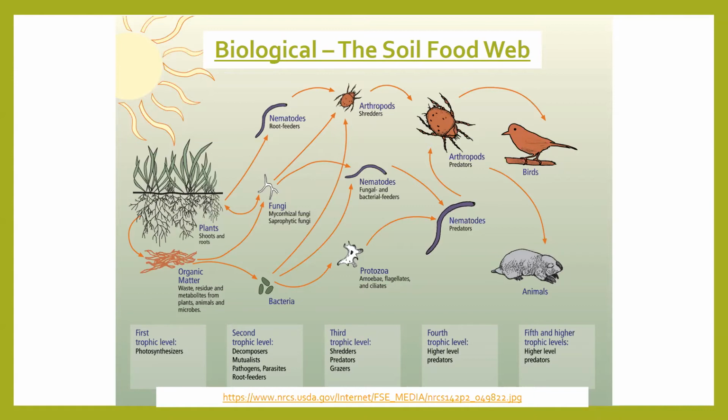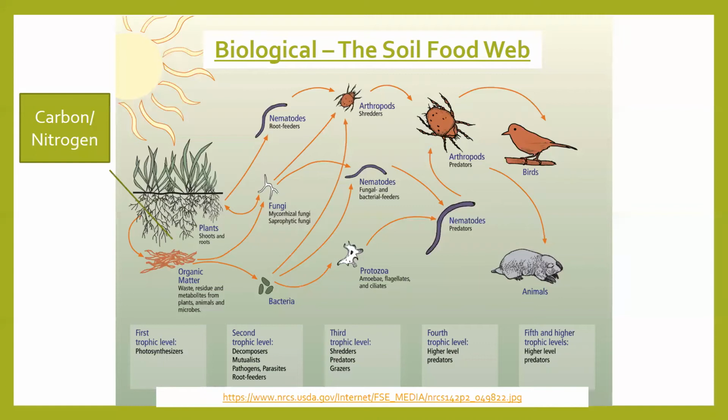You have the bigger class of creatures that live in the soil, larger protozoa and arthropods, things that maybe eat the smaller microbes in the soil or even eat plants in some cases. Then you step up into bigger predators, things like earthworms or arthropods, and then even bigger still, the animals and birds that eat them. And what this is essentially showing you is that soil is somewhat more than a singular process or a line. It's a whole system that is dependent on all the aspects of the system to function